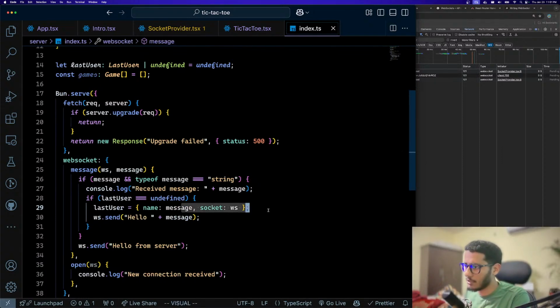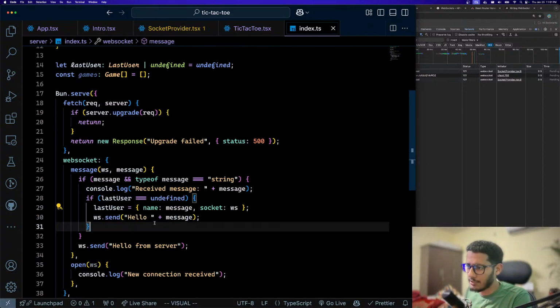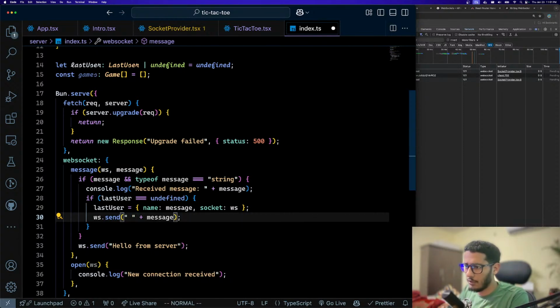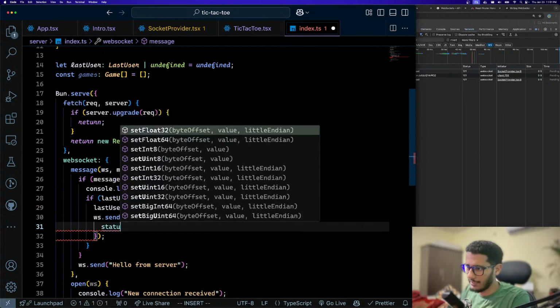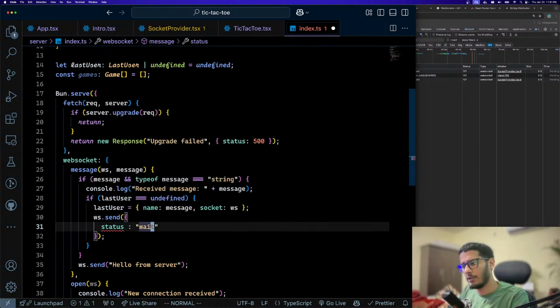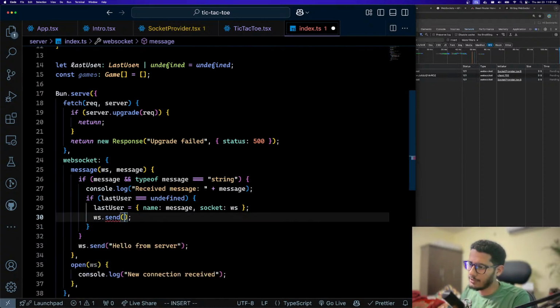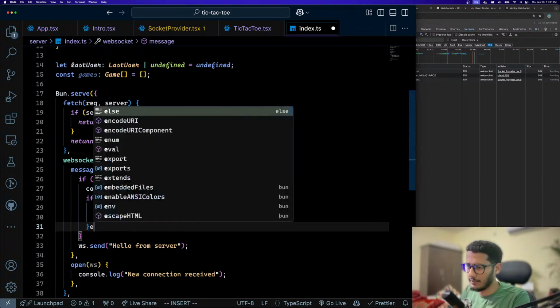And now what we can do is, so that's the last user, and then we can send the user information. What we're gonna send? There will be a particular format of information which will be shared. Type will be, I don't know, status, wait, right? Or like we can say wait, something like that. That's also okay. We can directly send wait. Okay. And then what we can do is we can just give else,